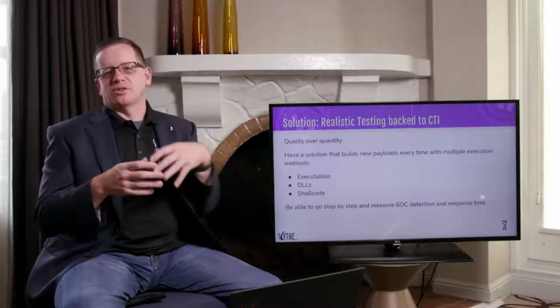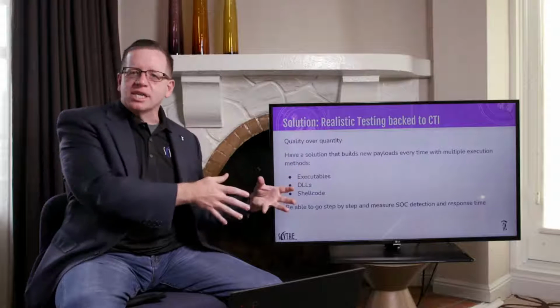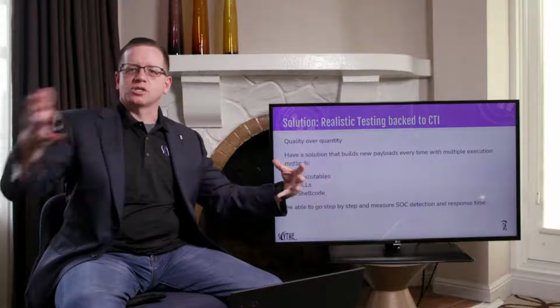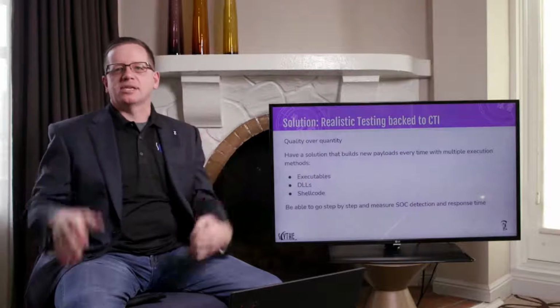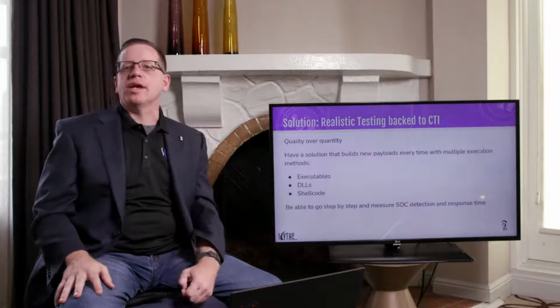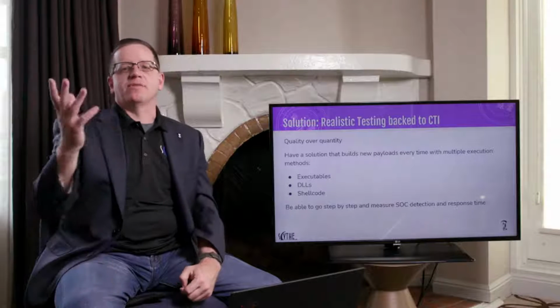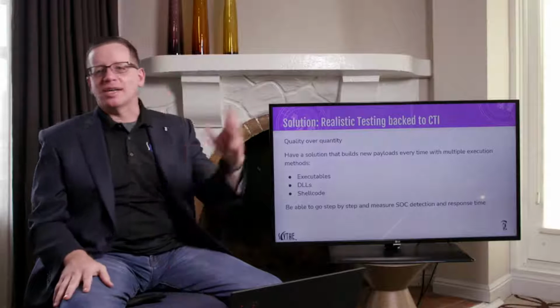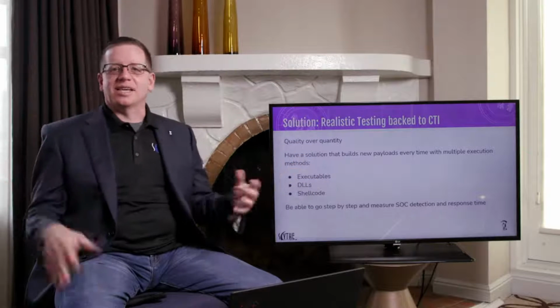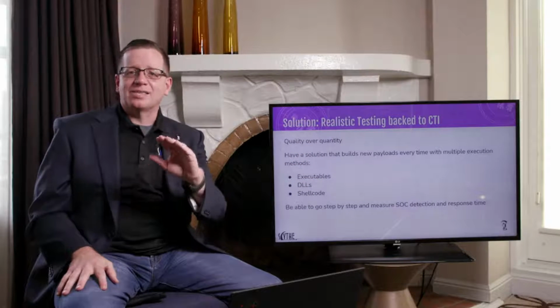So now we obviously look at that as a variation of said procedure, right? If I'm doing it for an executable versus a BOF, the outcome ends up being the same. So we need to be able to test in the ways that our threat actors do. By the way, if this whole beacon object file or inline assembly or any of that doesn't make sense, rock on, that's okay.